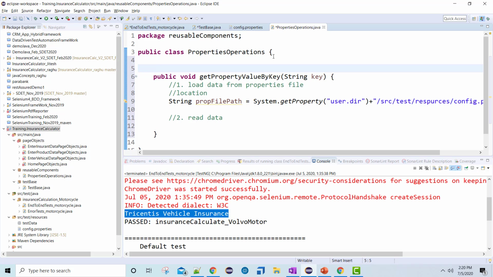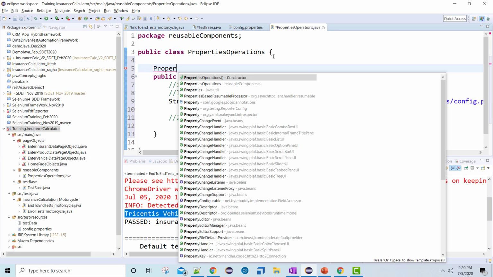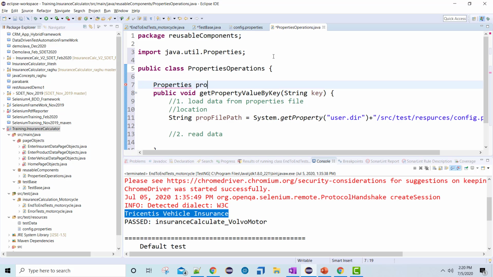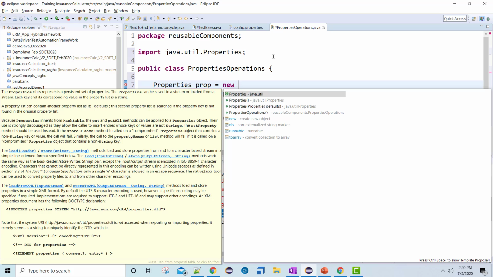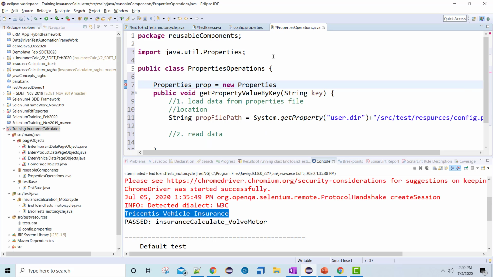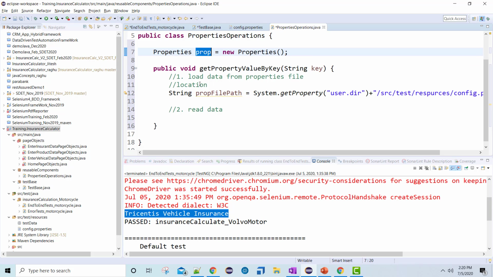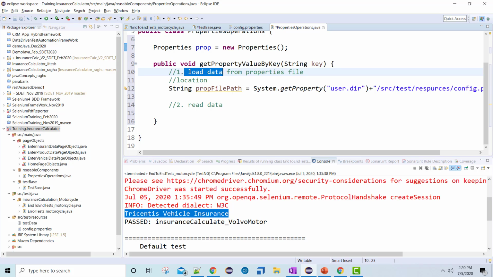It comes from Java, java.util.Properties. Let's say Properties prop = new Properties. I have created the object, and by using this prop object, we are going to load the data as well as read the data.